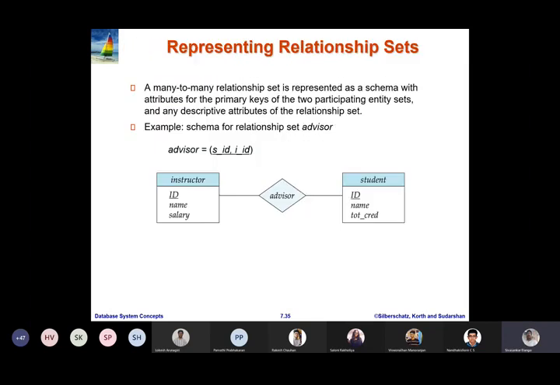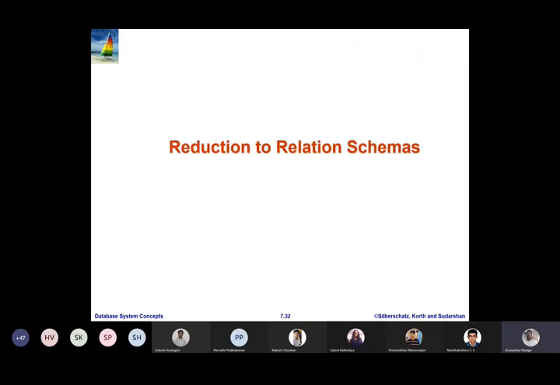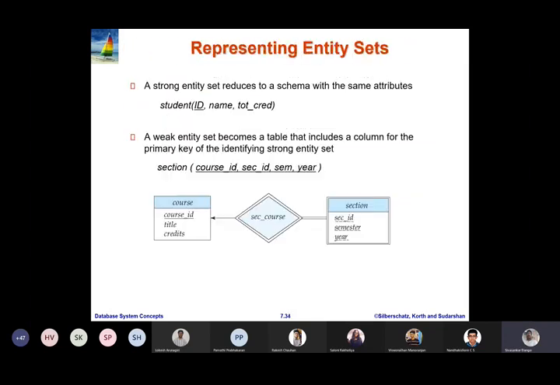So let me summarize how to represent a strong entity, how to represent a weak entity. So we have studied how to represent a strong entity, how to represent a weak entity, how to represent a relationship set, how to represent complex attributes in a relation, how to represent multi-valued attributes in a relation, right? So whenever you are going to represent a strong entity, it reduces to a schema with the same set of attributes,